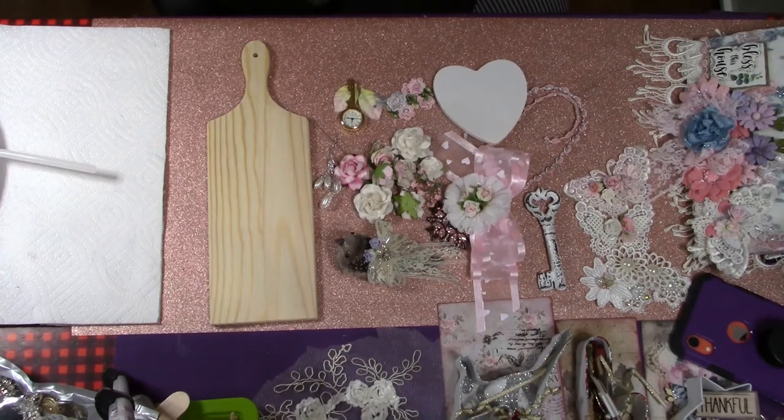And I just eyeballed something that I think I might put in this. So I'm going to grab that real quick. I'm going to grab that one. Anyway,